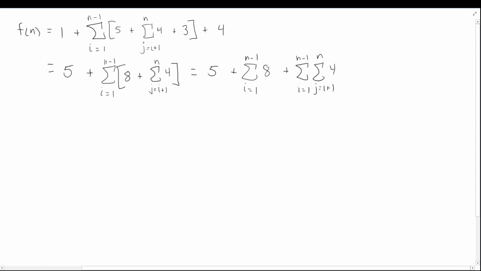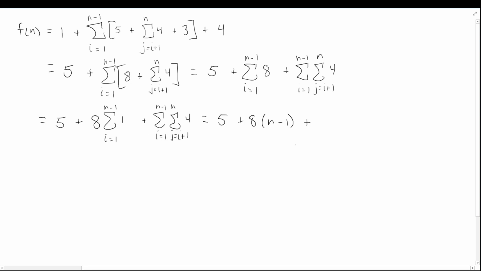Now, why might we want to do that? Well, maybe our instinct is to simplify this sum first. This one looks easier. Let's do it. So let's do that next. We'll bring down the 5 again, but now we'll bring the 8 out front for that sum because, again, 8 does not depend on our i. And now that we've moved it out front, it's easy for us to simplify that one because when we're just adding 1 to itself, we just need to know how many terms there are in that sum. Well, there are n minus 1 terms, quite easy to see. So we're going to get 5 plus 8 times n minus 1 for this particular sum here, plus